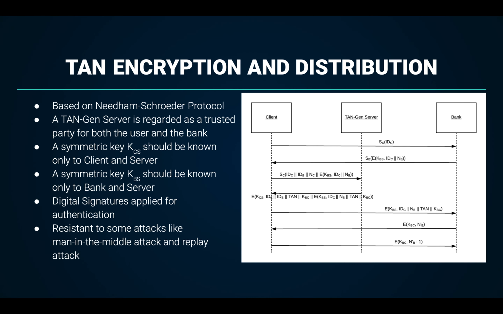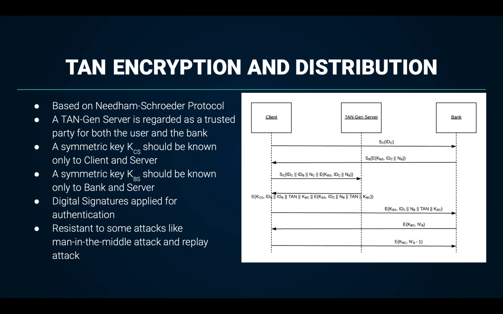A client sends his ID_C to the bank he wants to communicate with, using a signature of him. The bank replies with C's ID and B's nonce encrypted by K_BS and signed by B as well. The client gets the encrypted messages and verifies it's from B. Next, the client appends both the ID_B and the ID_C with the nonce N_C and the encrypted messages, sending it to the server with C's signature.